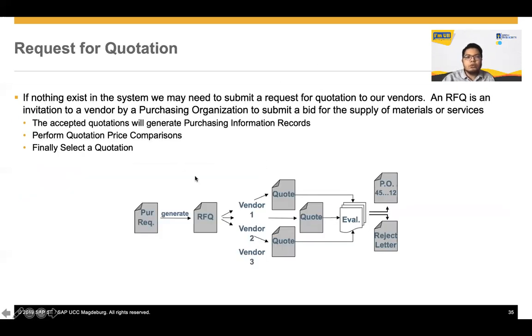So basically what we need to do is first request for quotation, right? From the purchase requisition, we generate a request for quotation.